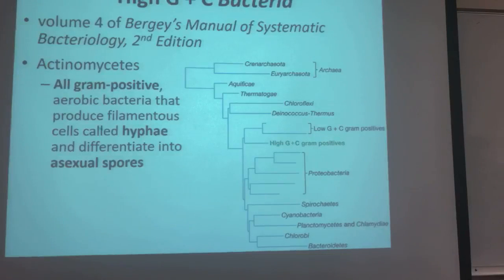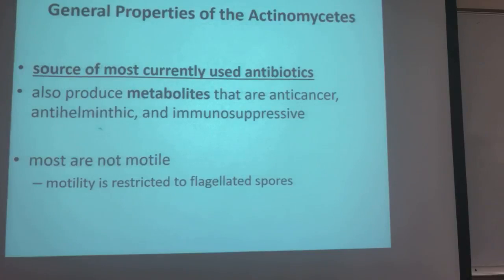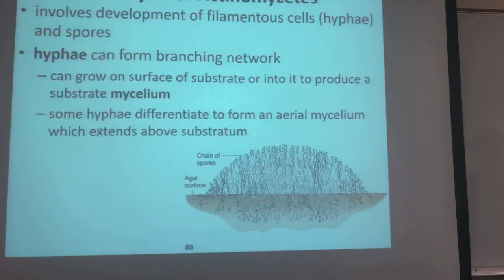More gram-positives. Here we're talking about the actinomycetes, which are a big group of antibiotic producers. That's what you should know about them. And you should also know that the way they grow is by hyphal growth, so filamentous growth. That's why it's hard to distinguish them from mold sometimes, because they grow like fuzzy little colonies. That fuzz is the mycelium, which is a network of hyphae. They also disseminate spores, right? Spores get spread out.